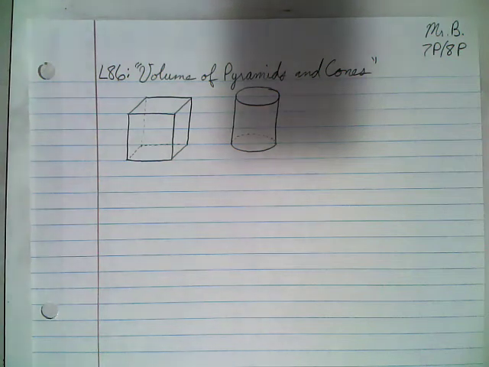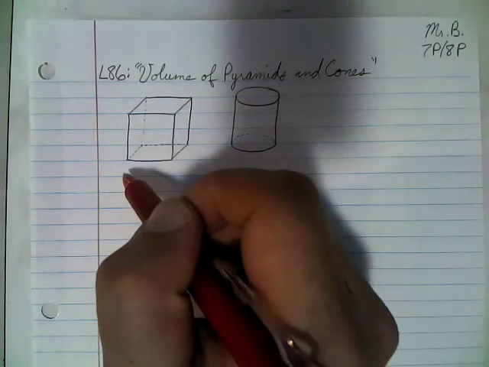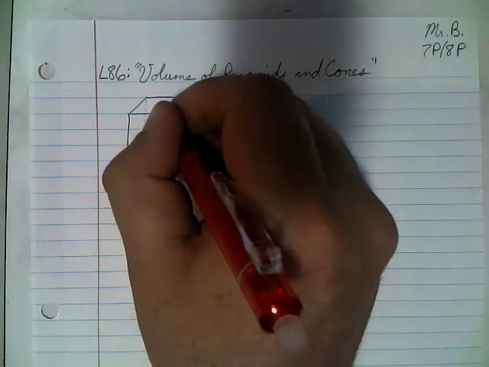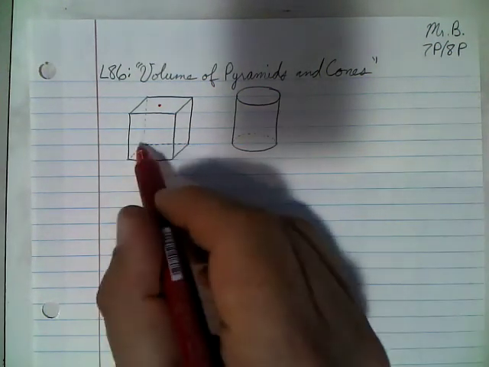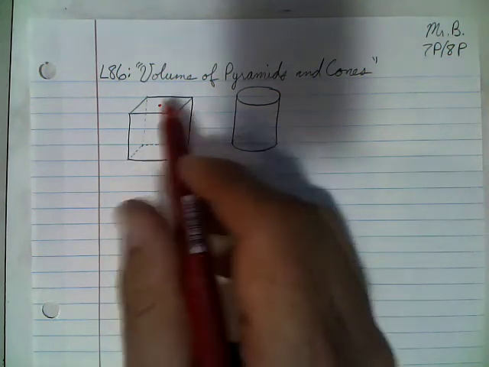So if we start with prisms and cylinders, we can hopefully see that there's a relationship between these figures and then pyramids and cones. One of the ways we can visualize this is if we start with, let's say, a rectangular prism here. Imagine a dot in the middle of the top base, and imagine a sculptor taking a piece of rock that was made in this rectangular prism and shaving away a piece here and a piece there, so that in the end, the sculptor leaves the bottom base intact, but creates a